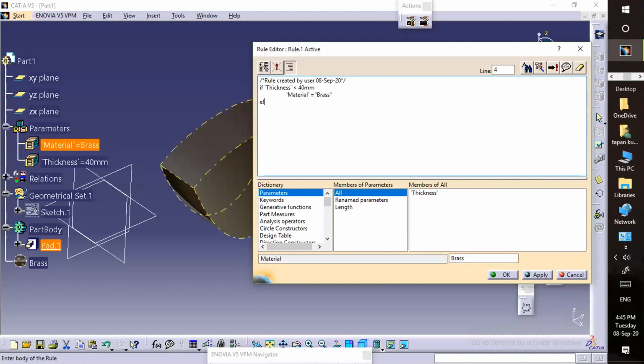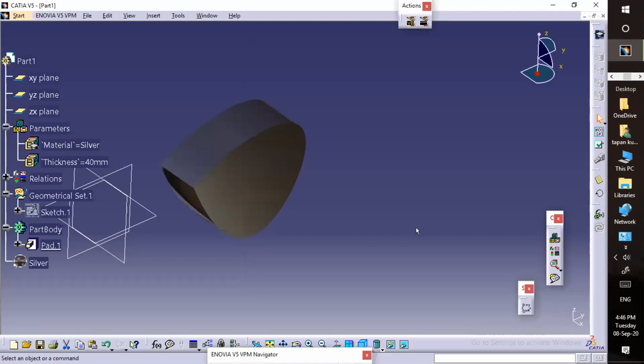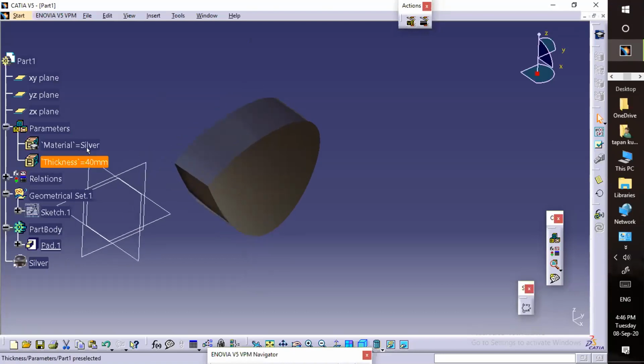Else, again I will double click on this, silver. This time I hope it will come. See, it has taken now. Because randomly it is not going to select, you need to select a thickness. So now my material is silver.